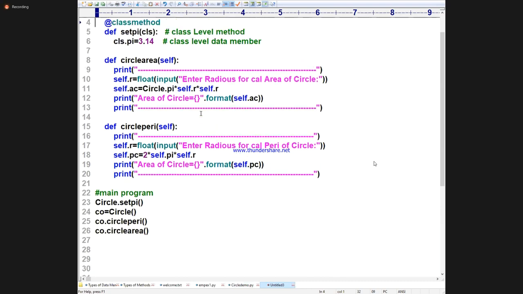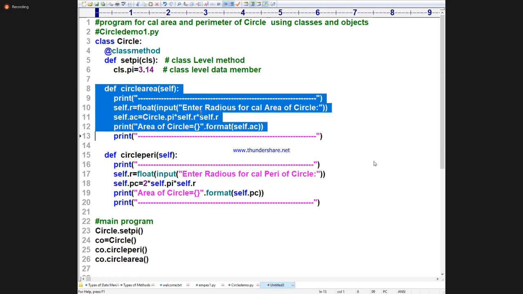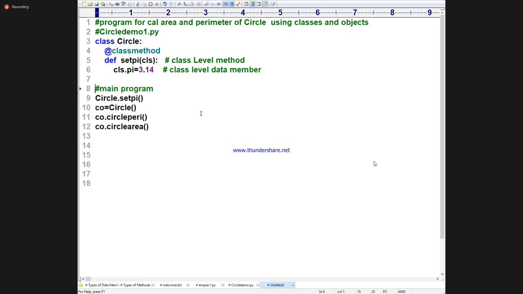See, a beautiful code I will write. Class Circle demo, circle demo 1 I will say. Now I will remove all these things. Pi value is there. Next, what I am doing is,